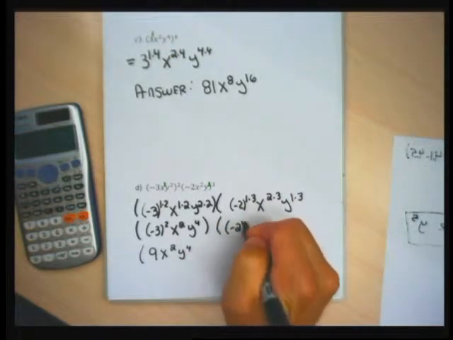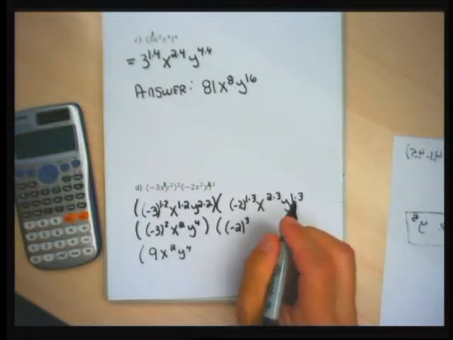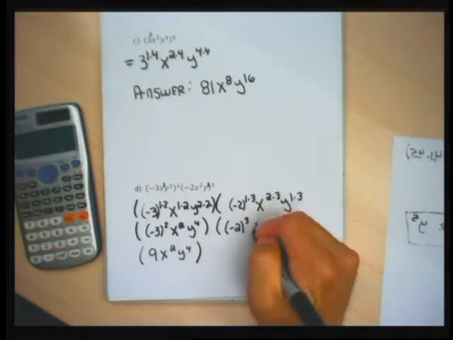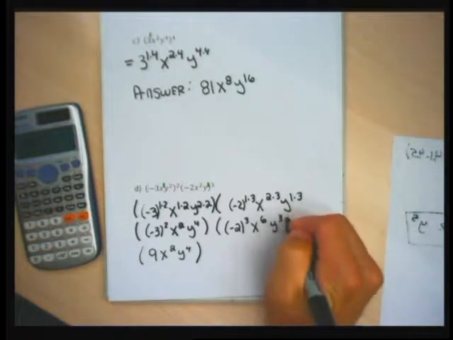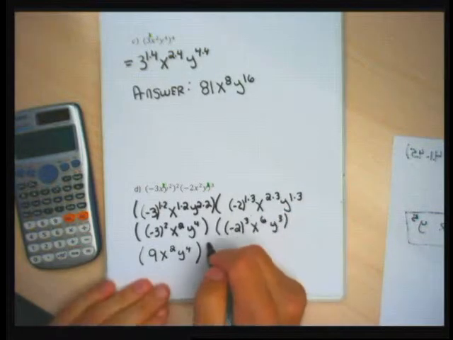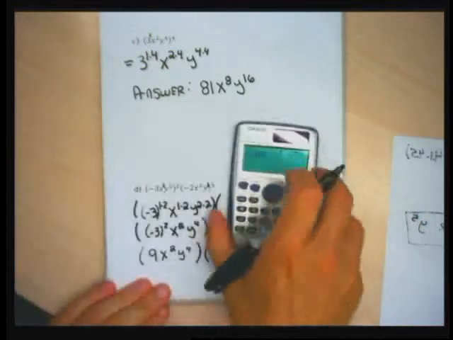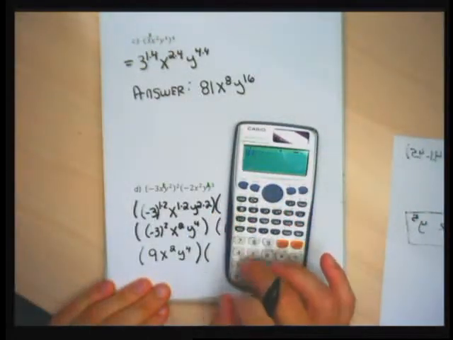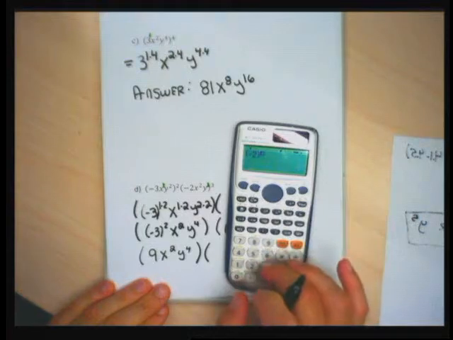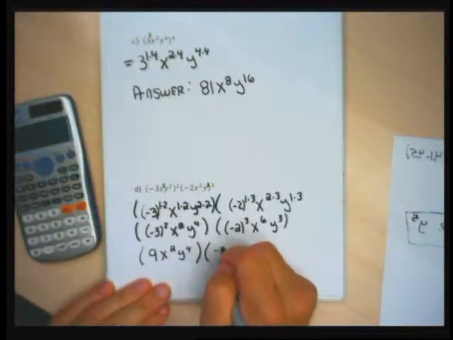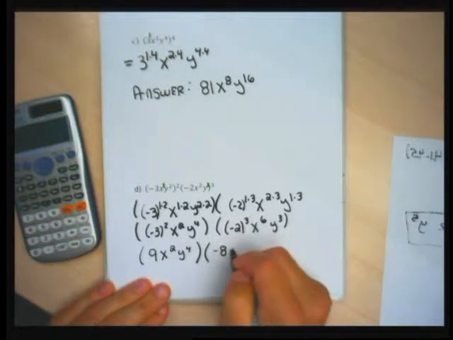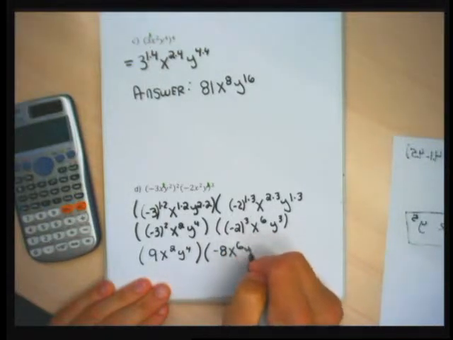The negative 2, ultimately, I'm going to have to cube it. The x in the second parentheses is going to have an exponent of 6. The y in the second parentheses is going to have an exponent of 3. And then negative 2 quantity cubed is equal to negative 8. So I'm going to rewrite the second parentheses, have a negative 8 and x to the sixth and the y